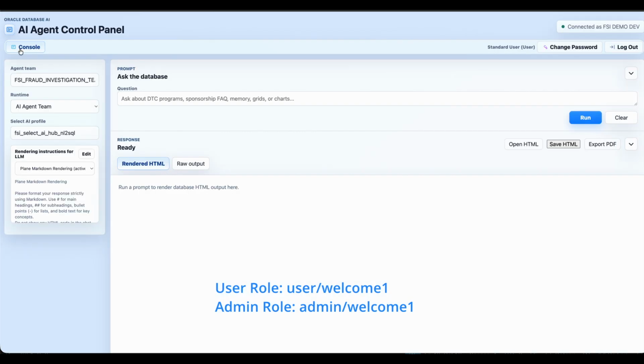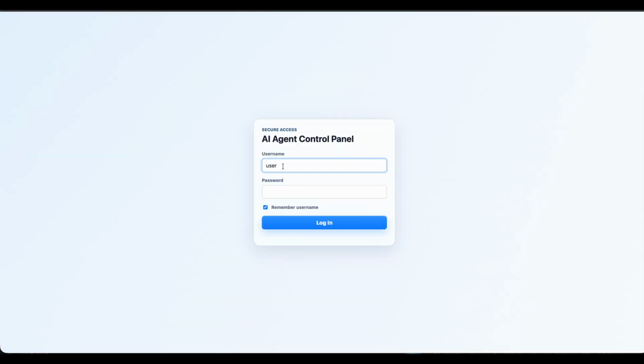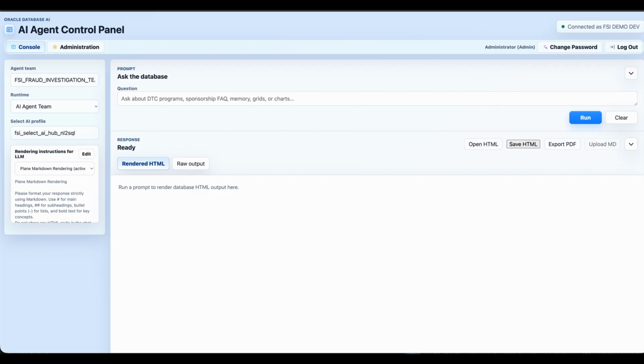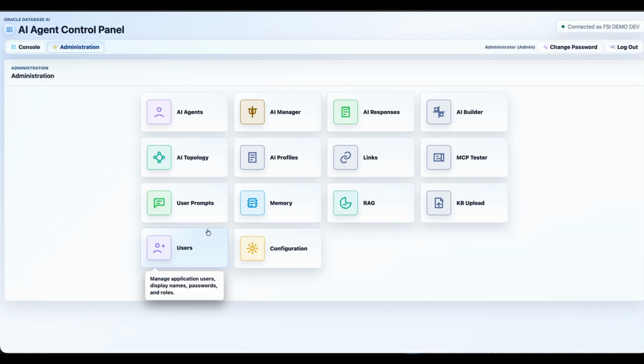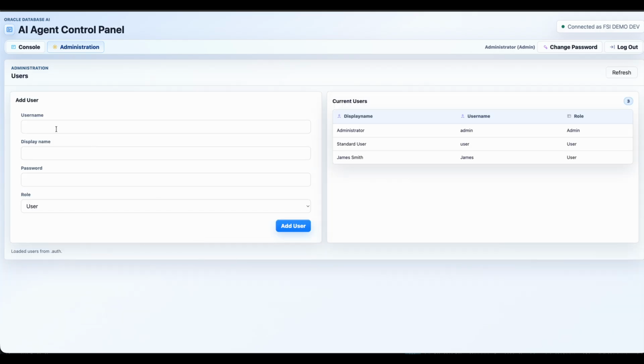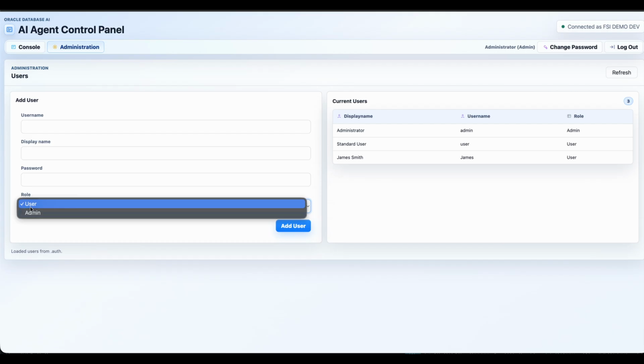Once you log in as a user, you can just see the console. If I log out and log in as admin, using the same password welcome1, I see the administration tab, and under the administration tab you see users. Here you can add a username, display name, password, and in the role you can select whether this person can